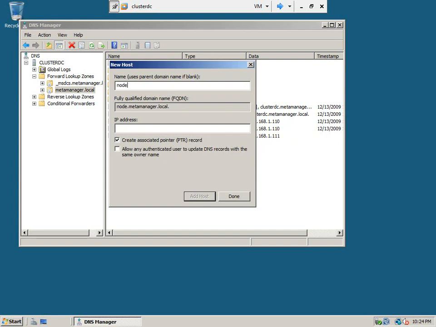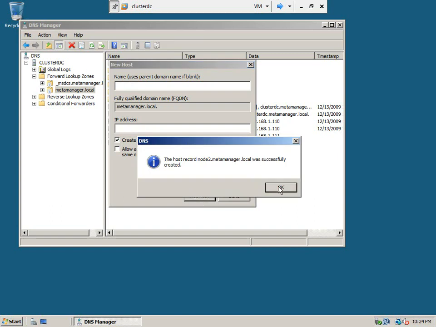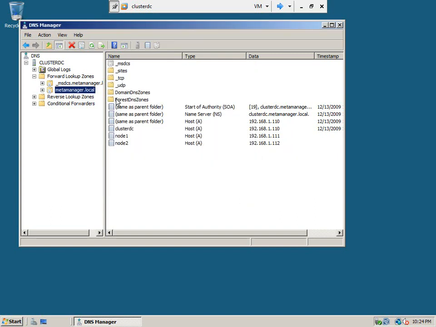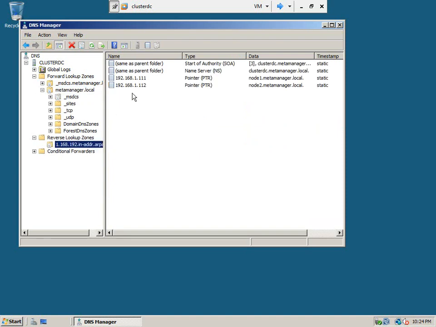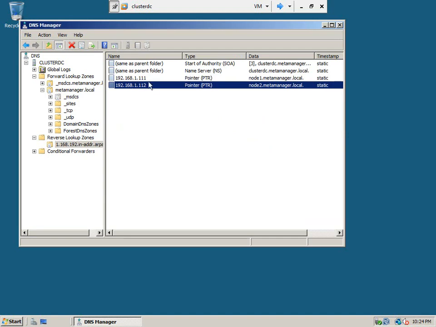Similarly, add node 2. Okay, we are done creating the two nodes here. So if you go and take a look at this, it added the PTRs here. Now we need to go and create the